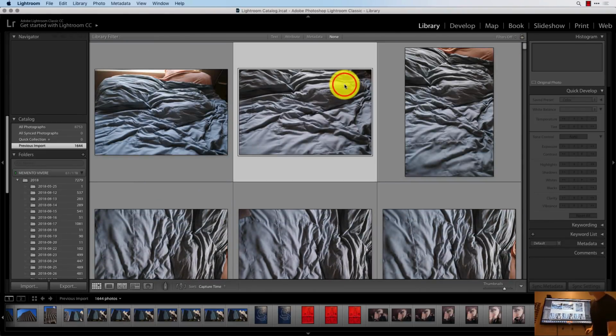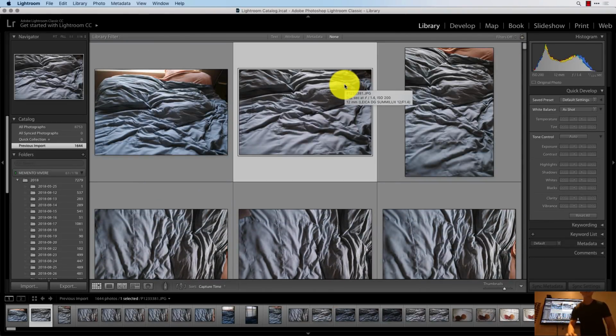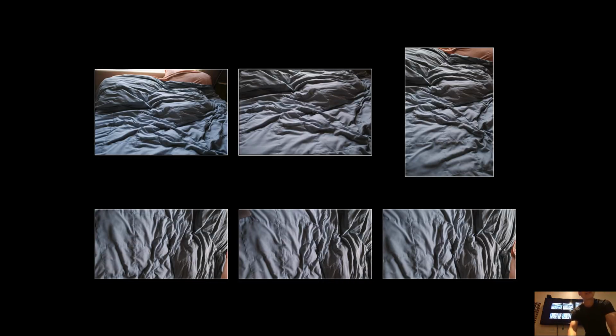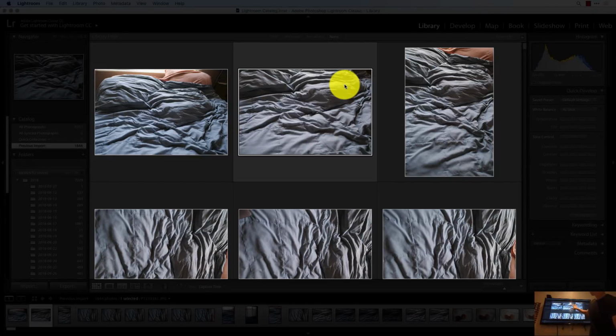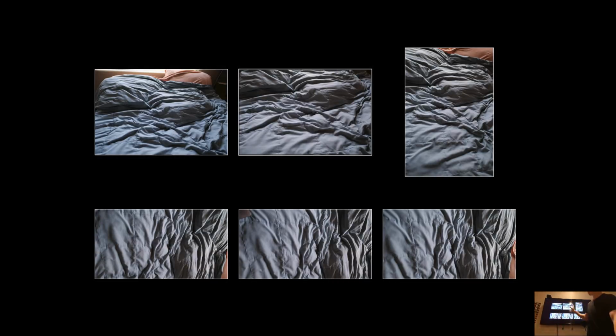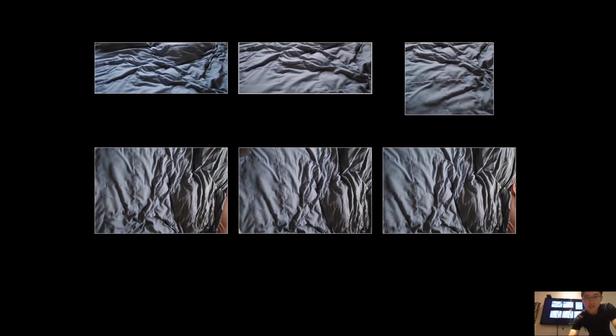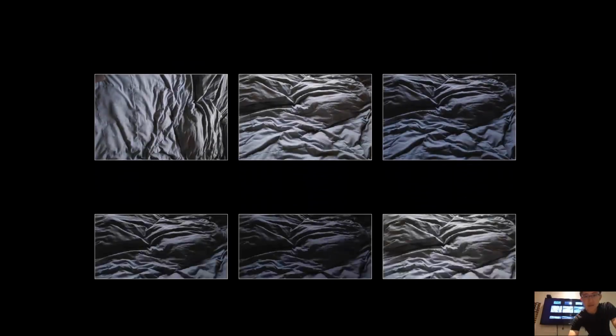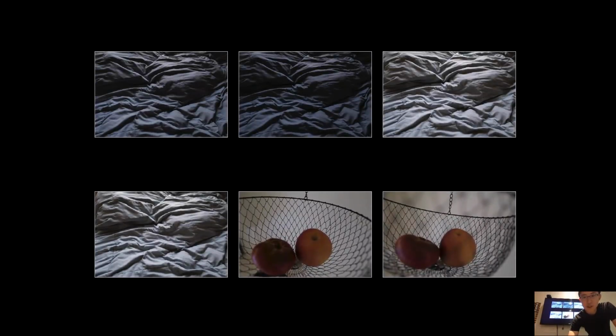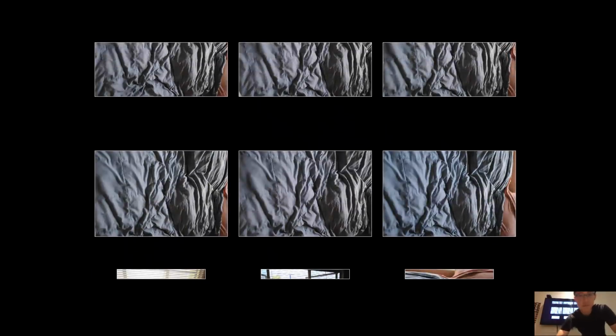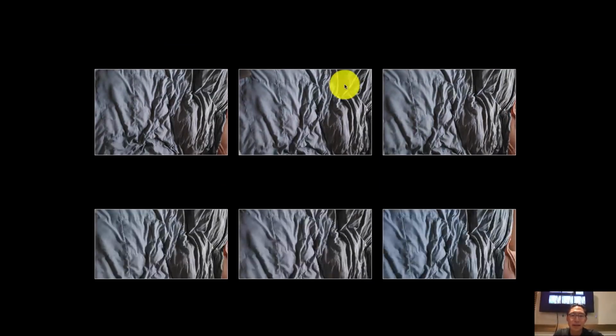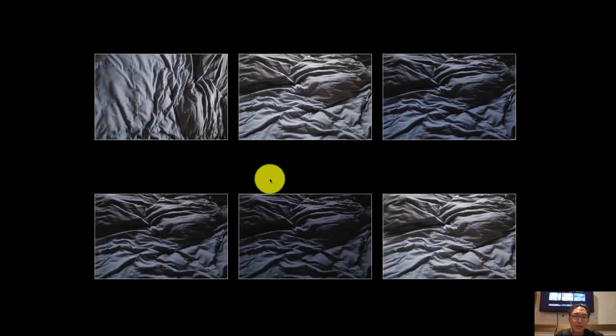Another pro tip is if you want to turn off the lights, the hotkey is L. If you press L once, it makes it a little bit dark. You press L twice, it makes it very dark. So you could even see these as small thumbnails like this. And even for fun, you could just keep scrolling through them, and whenever you see something that catches your eye,